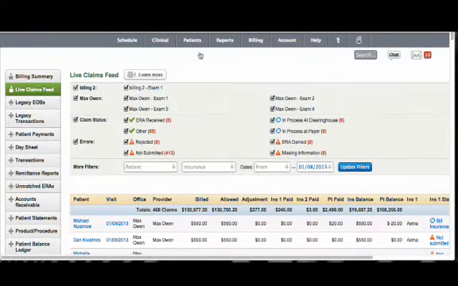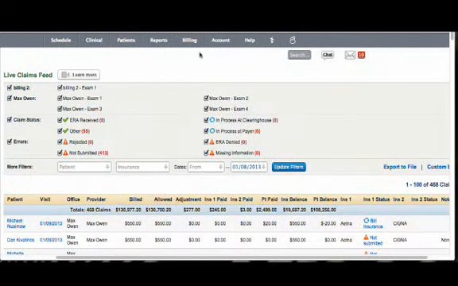Well, now in this screen we can keep track of the status of claims submitted to primary and secondary insurance. In the appointment screen, once you set the status as bill insurance, it gets reflected here, which means the claims are ready to send.